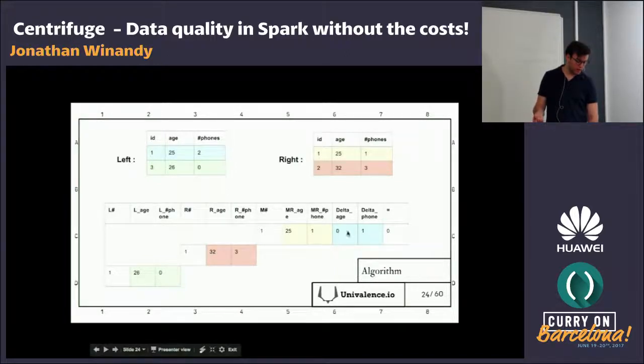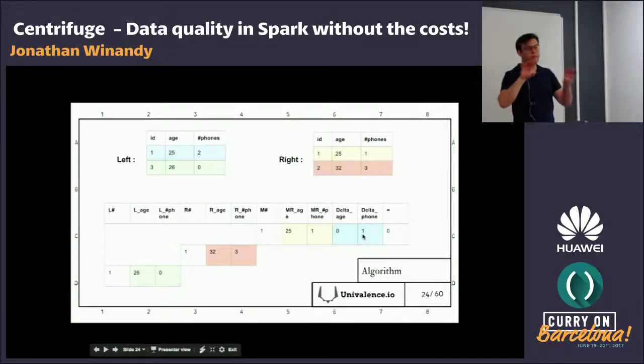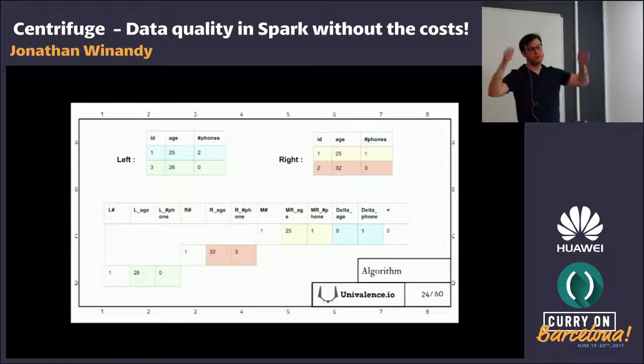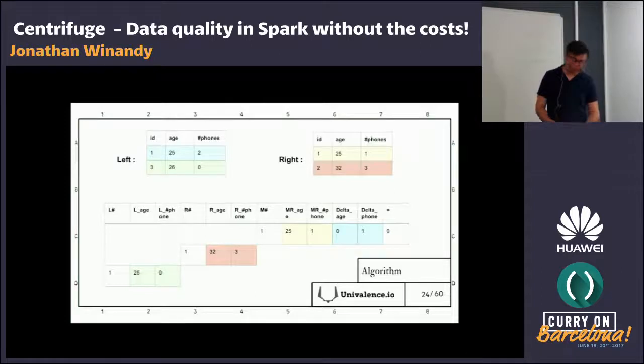And so the phone is different, it's over there. So it's here, the delta phone. And once you map all those join results, you're able to sum them up column by column, and you get an aggregate view of what happened with your data. Okay?